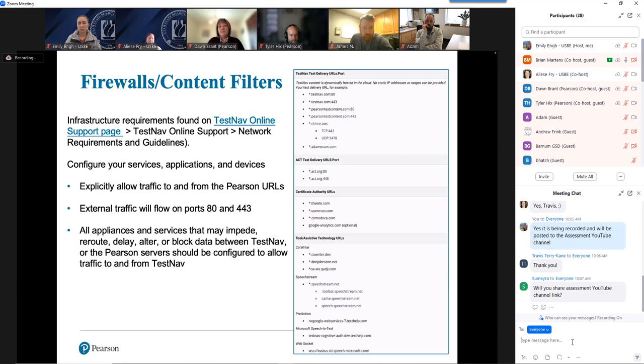And these are very complex products at times, and so it's worth your time to contact your vendor and tell them that I've got a list of URLs here. I need to make sure that they are not touched at all, that they can flow freely in and out, and just tell me all the places I need to configure this, and they should be able to tell you that easily. And many times there's multiple places that need to be configured in these products because they have different kinds of scans, and they have separate block lists or allow lists for each one. So make sure that you're contacting your vendor for your firewalls or content filters, because they're the subject matter experts, and they'll be able to tell you every place that you need to configure this so that it's not touched.